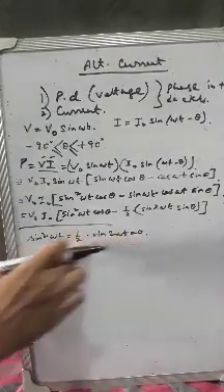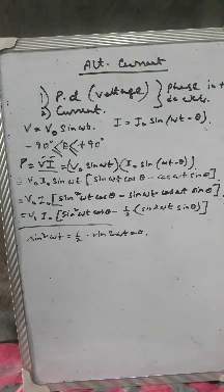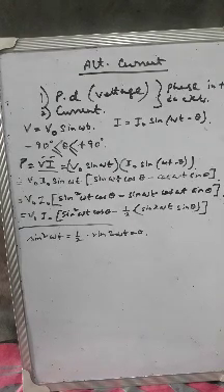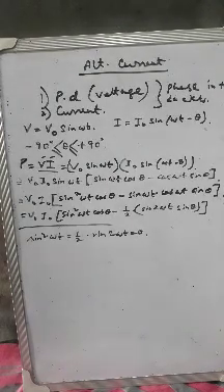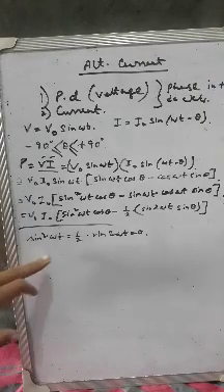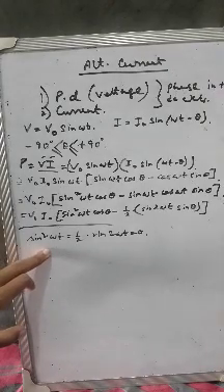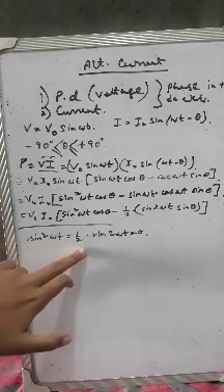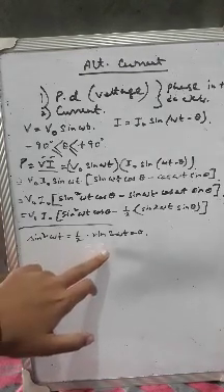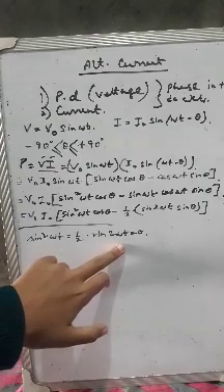This is the average over a complete cycle: the average of sine square omega t is half, and the average value of sine 2 omega t is